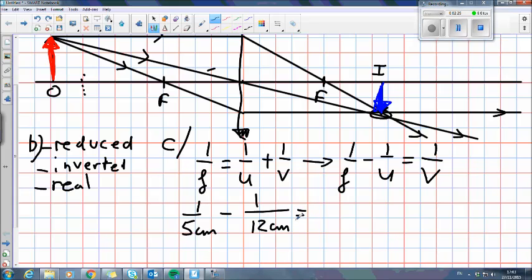If I put that into my pocket calculator, the 1 over 5 will give me 0.2, and the 1 over 12 will give me 0.08333 and so on. So if I subtract that from each other, I'll get that to be equal to